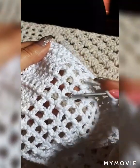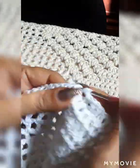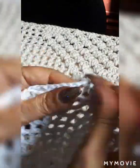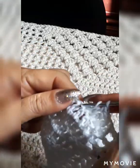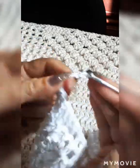Remember the groups of 5? We're going to increase now. So 1 chain, and we're going to do double crochet over the double crochet, 1 chain separation, and double crochet over double crochet, and again. And here we're going to do the 7 double crochets as usual, nothing changes. Okay, we're going to go up, chain 3, we're going to turn around, 1, 2, and 3,